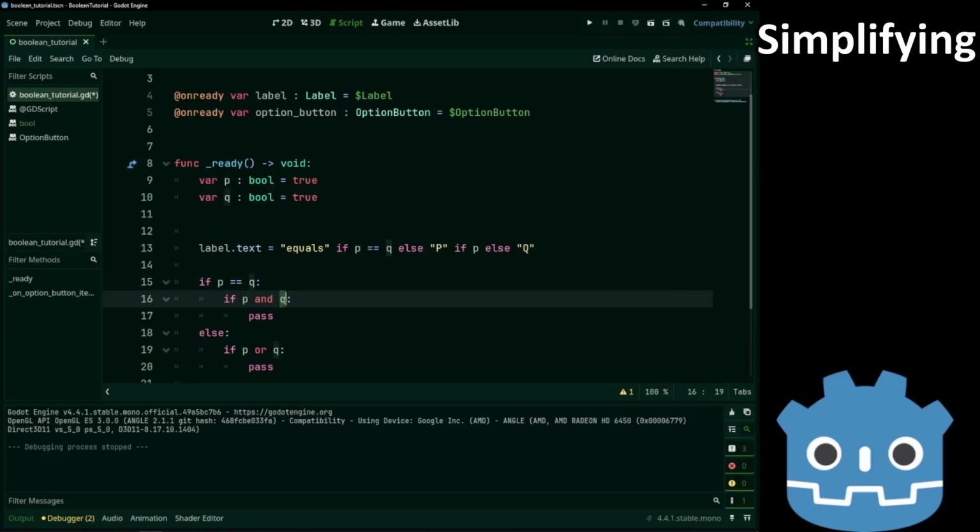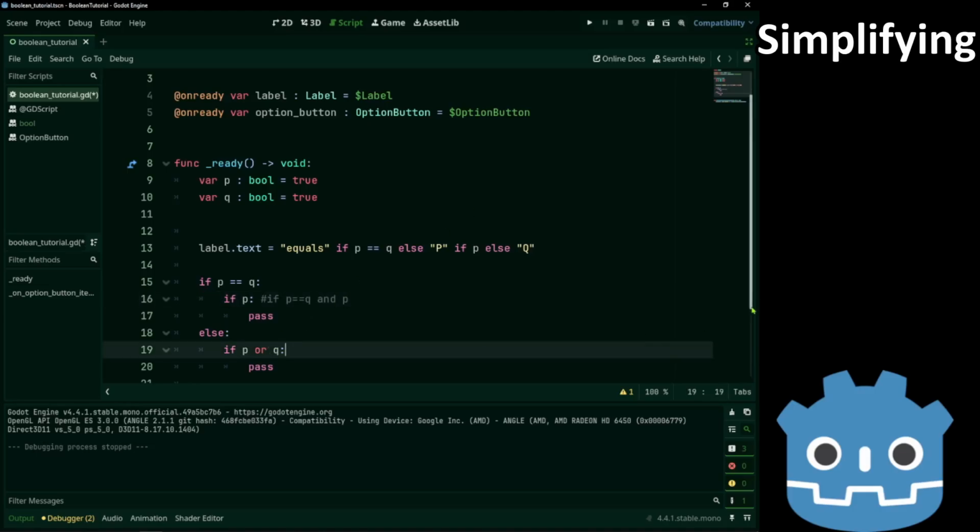Now we know that P and Q have the same value. Because of the above line, if P is true, then Q has to be true. If P is false, Q is false. In other words, we can only check P. Q will have the same value as P. You can imagine this as if P equals Q and P.